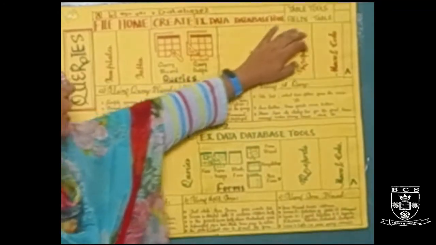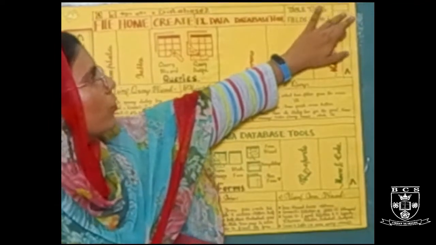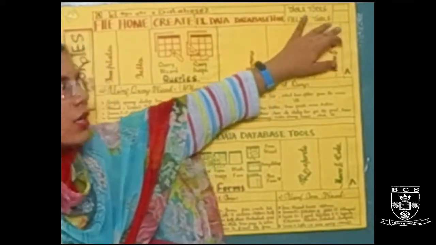What is a query? A query is an easier way, or the easiest way, to answer the questions that we have regarding any of the database or the tables included in the database. Whenever we have different tables or different databases and we have to search for some particular data regarding any particular person or any particular field, we use queries. Queries make it easier to answer any question regarding the database that we have created.